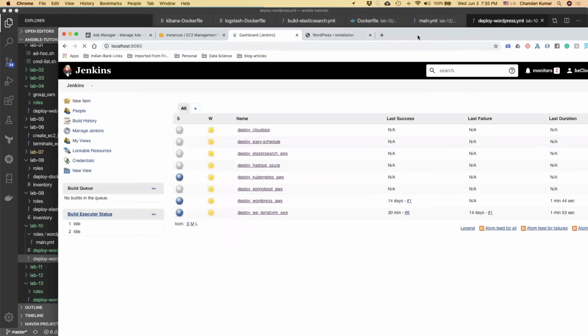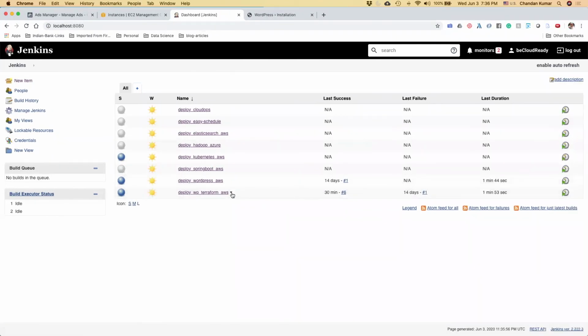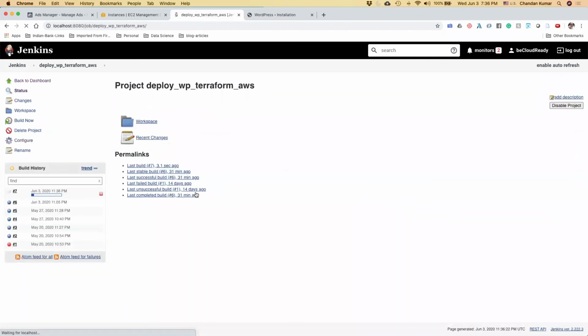Right now I've already set up this Jenkins server. If I'm looking to build a WordPress website, there are a lot of Jenkins jobs I have for my other projects. This one I specifically built on AWS for WordPress, just as a sample. Once I have set up my Jenkins pipeline using Ansible, Terraform, or any kind of technology, all you need to do is just press a button.